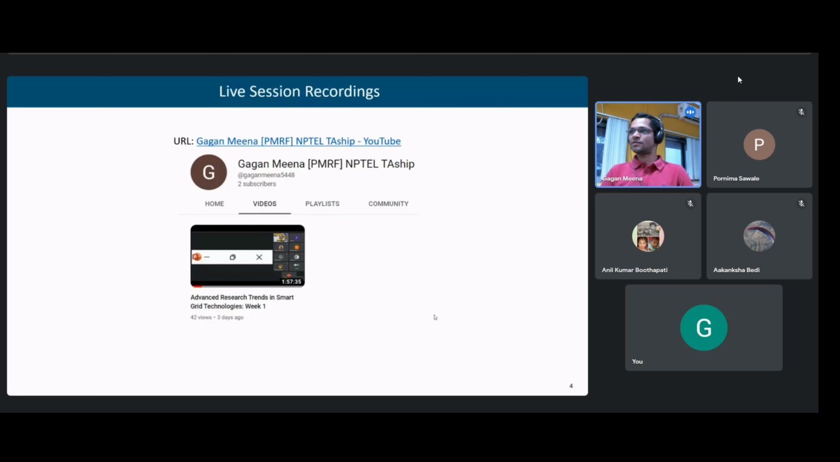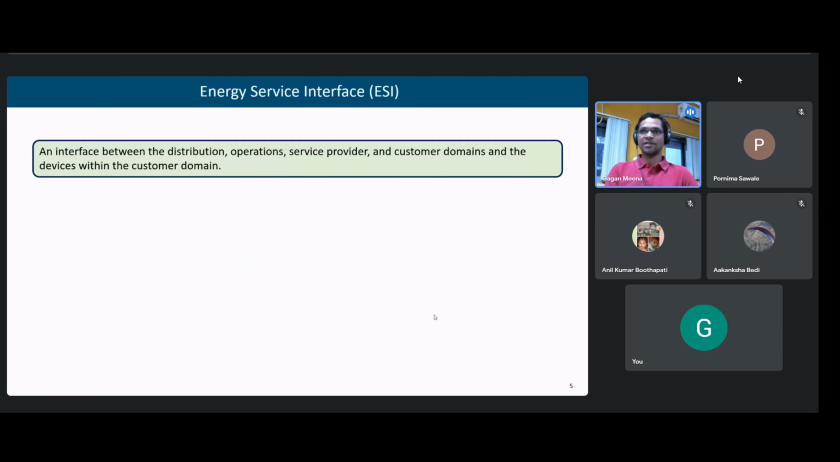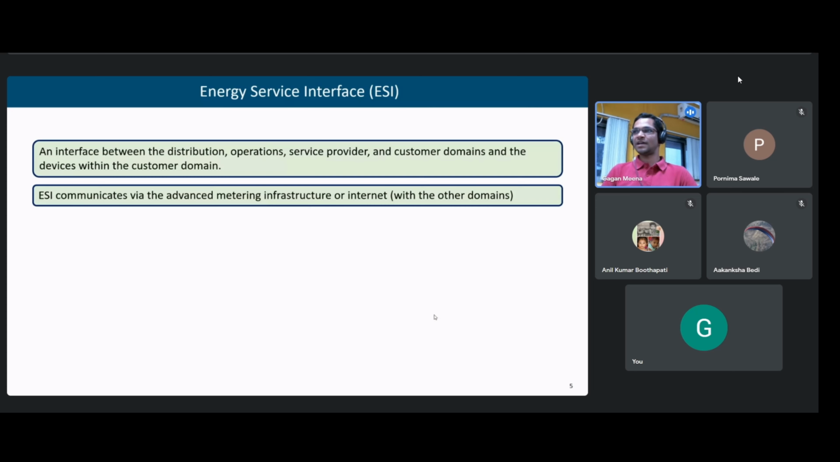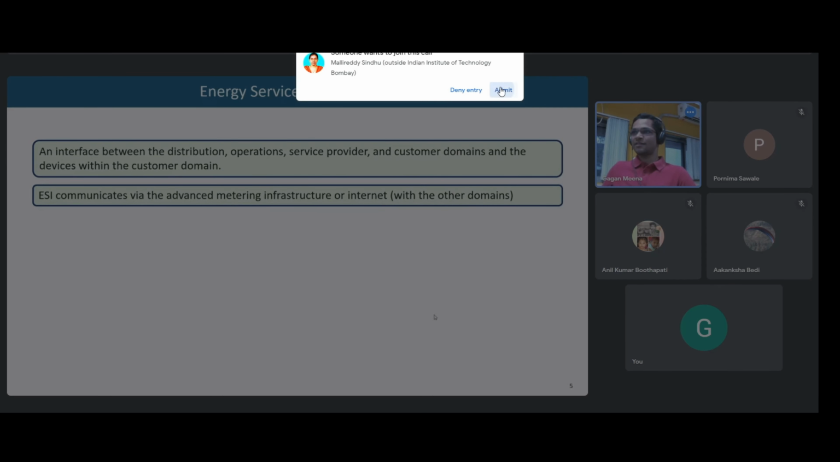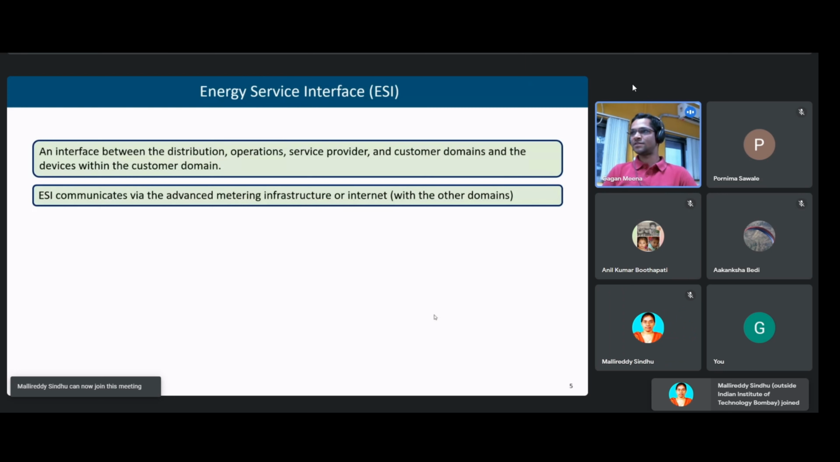Before going to the overview of week 2, we will first discuss two topics from week 1. One is regarding the doubt which was raised by someone regarding the Energy Service Interface (ESI). So ESI is an interface mainly for the customer domain or the consumer domain, and it is a gateway. It helps the customer domain to interact or communicate with the other domains like distribution,